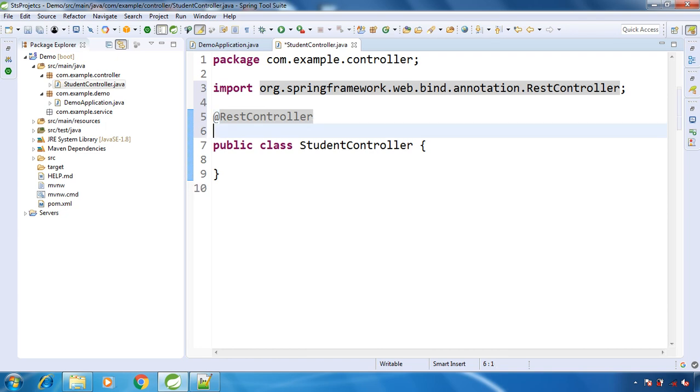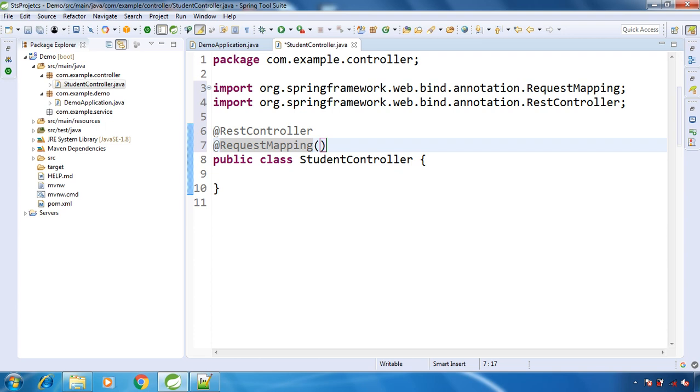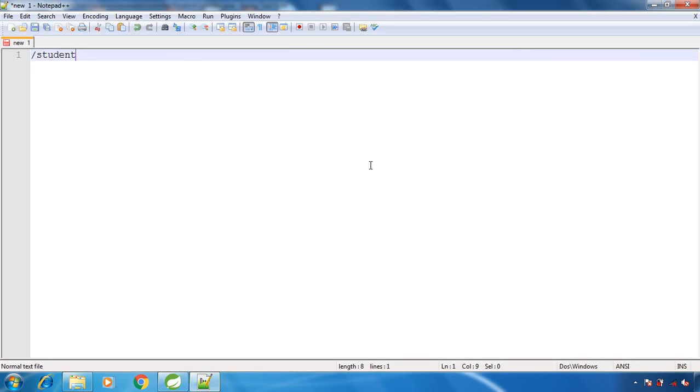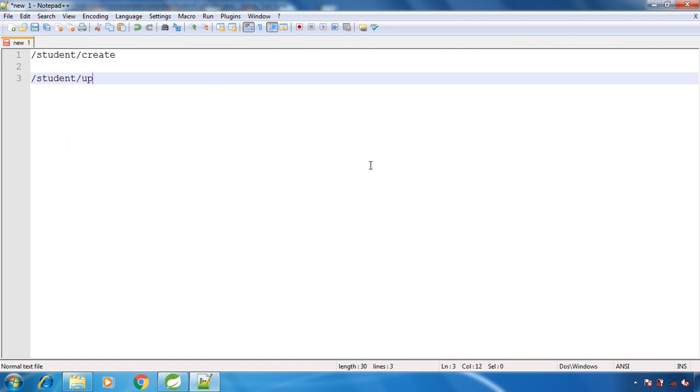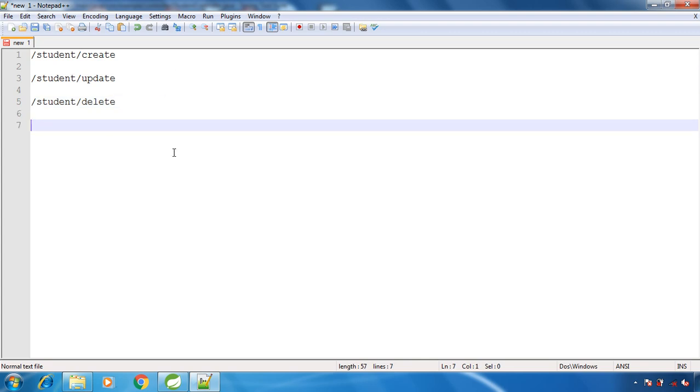Now we will have the @RequestMapping annotation, where we map the URI. Say I want a URI like /api/student on top of the controller. Why? Because say we have some APIs, such as student create, update, delete, and another one, get student.